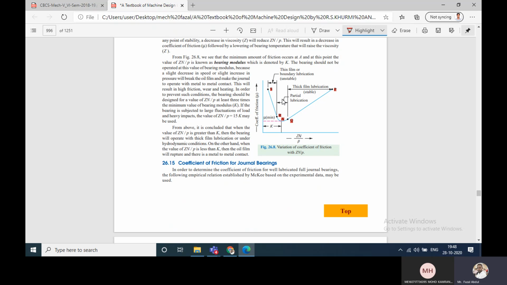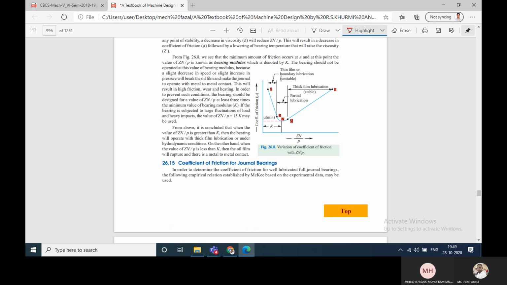And because of the temperature decrease, what happens? The viscosity of the lubricating oil increases again, and the thickness is going to increase again. This process happens continuously in the bearing. So at the initial position, when there is no temperature rise, you can find a thick film. And when the temperature rises, you can find boundary film lubrication, which means a thin film is going to generate.